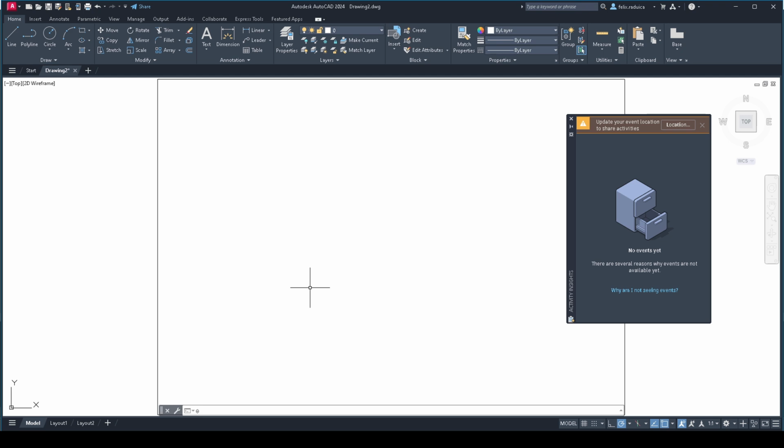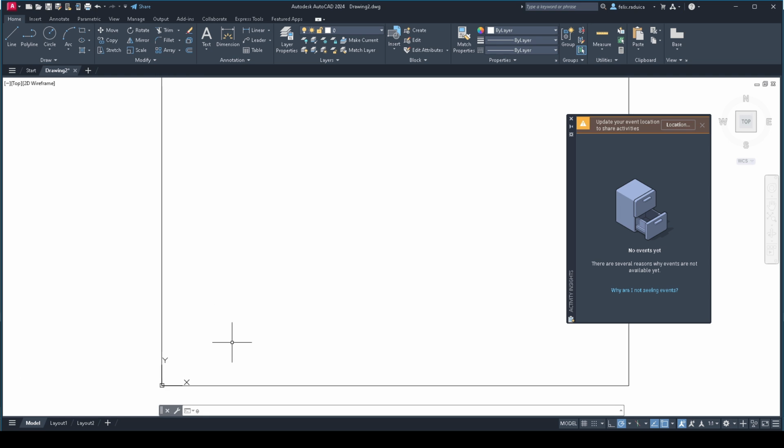The software allows very high precision. So if I want to draw a rectangle that is 100 millimeters by 60 millimeters, I have to know where I want to draw it with respect to the origin point here. So if I want to start my drawing from 50 millimeters to the right and 50 to the top, I have to give it the initial point of coordinates 50 comma 50. So I'll write the line command and enter, give it the initial coordinate 50 comma 50,